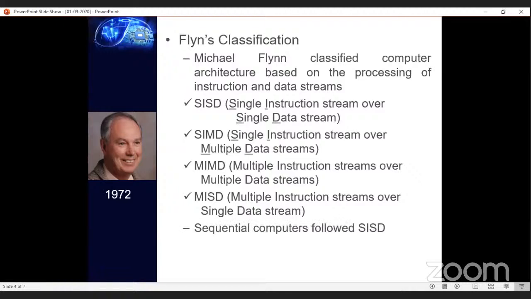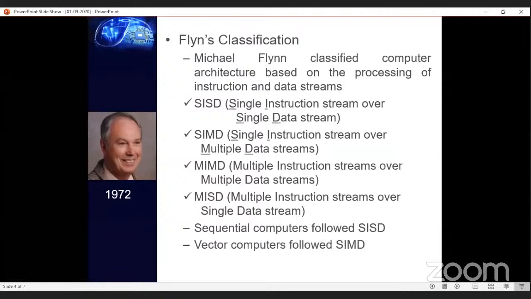Okay. Under this aspect, all the sequential computers that we are using are following which architecture? SISD. All the sequential computers that we use follow SISD, single instruction stream over single data stream. Okay. Then there is a classification of computer called vector computers. Actually, a vector computer is also a parallel computer, one of the parallel computers. But there is a